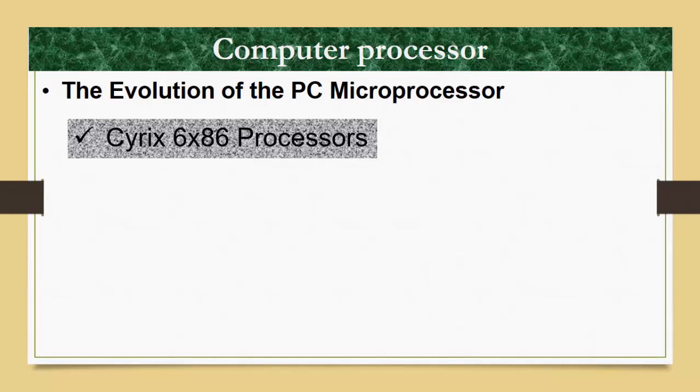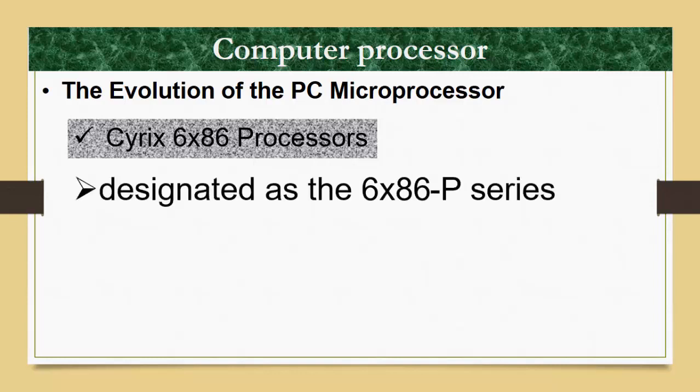Cyrix produced models ranging from its 6X86 P120 to the 6X86 P200. The 6X86P series had overheating problems as well as some compatibility issues, which prompted Cyrix to produce a low power, low temperature version of the 6X86. Okay, students, the next one is